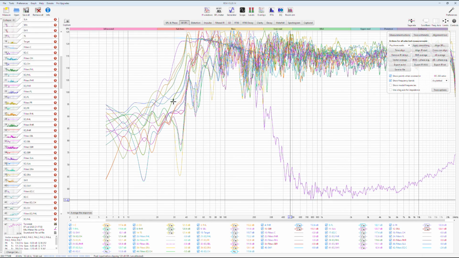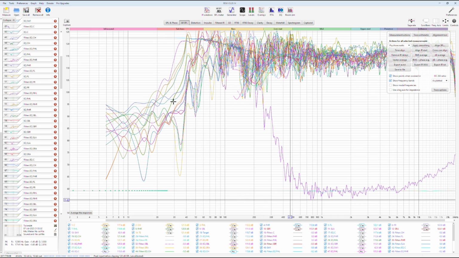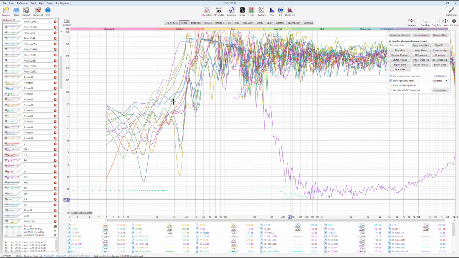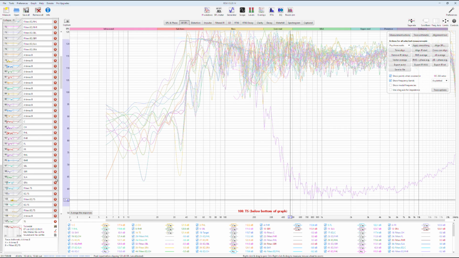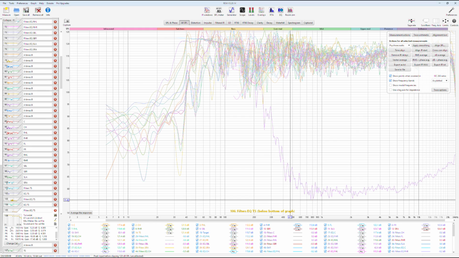Let's wait for 108 measurements to open up. 75, 80, 85, 90, 99, 108, yes. For example, for TS, the first set of filters, you can see here their peaking filter values. Frequency 1433. This is gain minus 5.2, and this is the Q value. You have all the filters here.